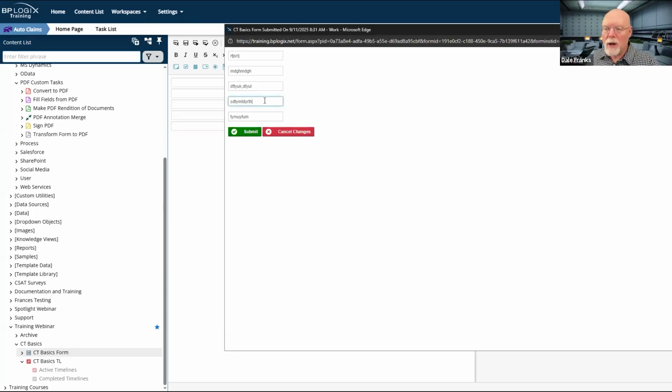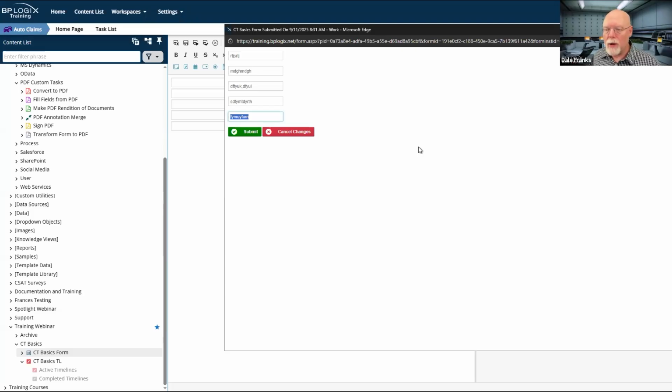It refreshed the form, and when it refreshed the form, it took my cursor and brought it all the way back up to the top of the form. And now I've got to go through every field. It's not that big of a deal if it's field 4 of 5 fields. If it is field 39 of 40 fields and it resets my tab order, that's a problem. And I'm not going to be a happy camper.